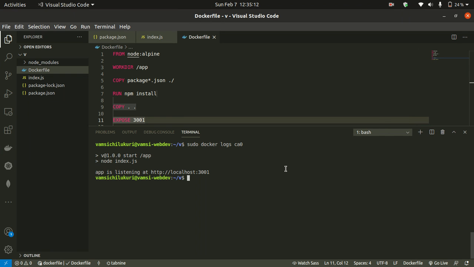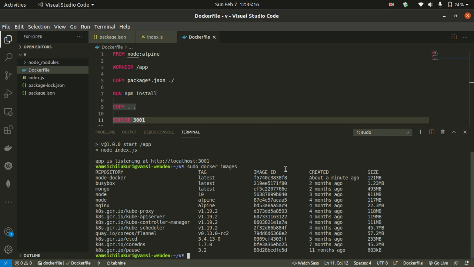If you see, these are all images. If you make any new application, make an image and run that image as a container, every image and every container will be isolated, so they don't interrupt or disturb other applications.